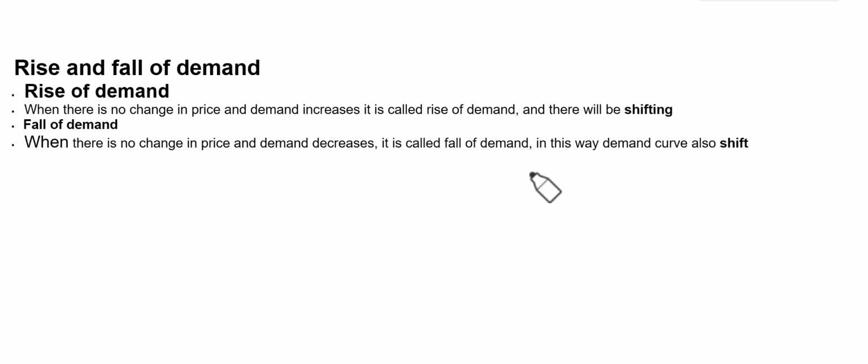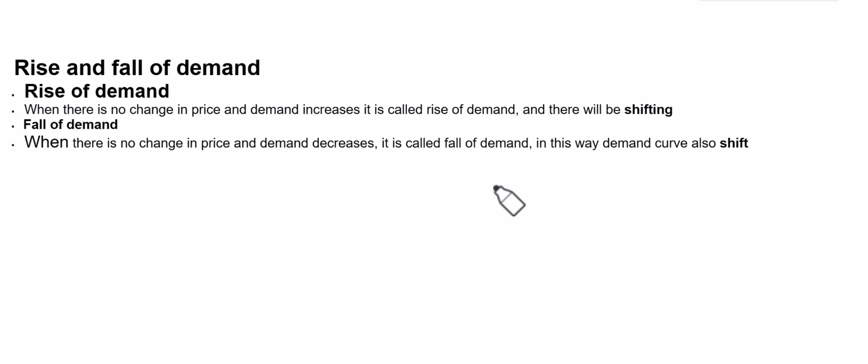Basically, the question arises: when there is no change in price, why is demand increasing or decreasing? Demand is increasing or decreasing due to those factors that are being held constant. As we have discussed in our earlier lectures on the law of demand, before stating any law, we have to make certain assumptions. We have to take certain things as constant. So, if there is any change in those variables which are being kept constant, then there will be rise